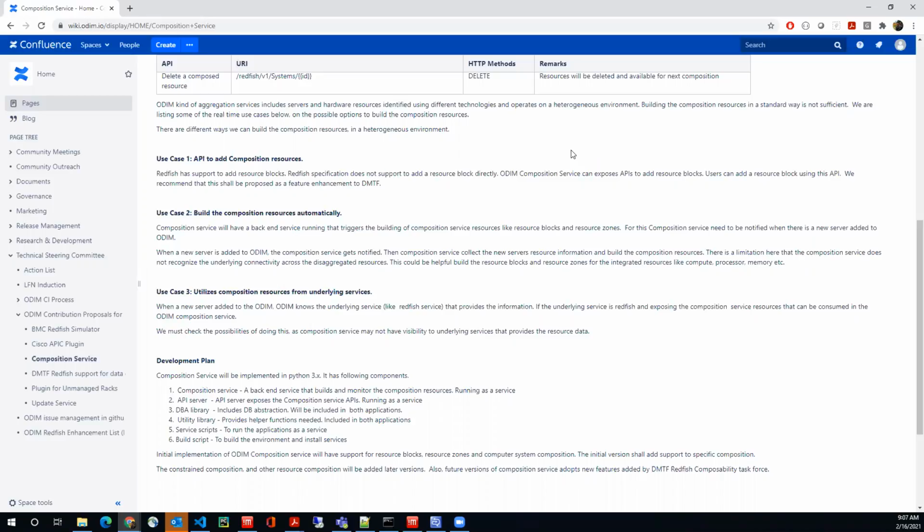But right now, the DMTF resource block resource does not support adding new resource blocks. It has to be internally identified. Yeah, but we can change that, right? Just because they don't do it, and this was explained in the meeting we had, if there's a concrete use case where we need to be able to add new resource blocks, then so be it. And I see a couple of use cases there.